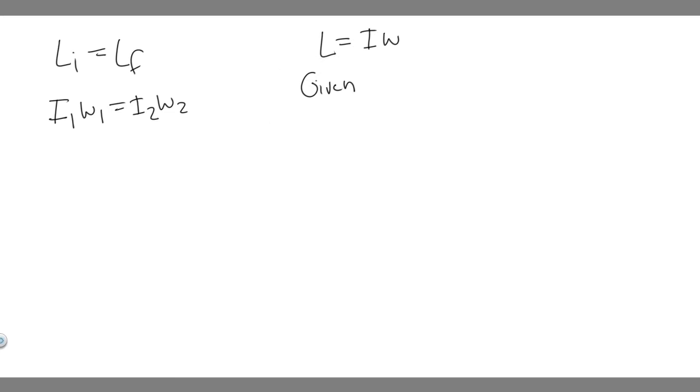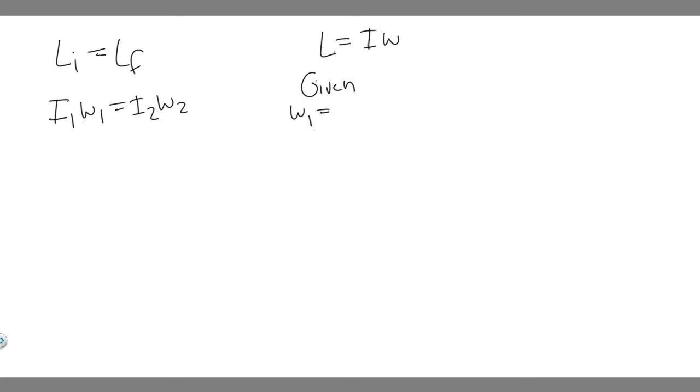So what do we know? Basically they tell us all of these different variables, and we're going to be able to solve for what they want us to find. They tell us it's going to start at an initial rate of 1 revolution every 1.5 seconds. So when I put the 1 here, that just means initial, and then the 2 is going to be final, right? So I could write initial and final, I just chose 1 and 2 though. So essentially,